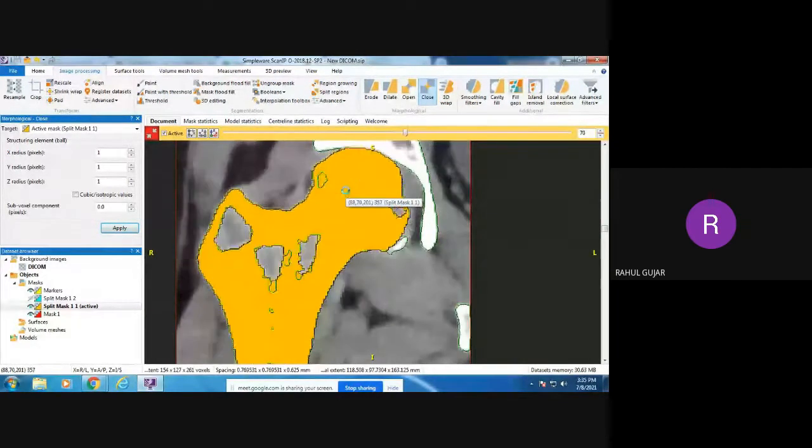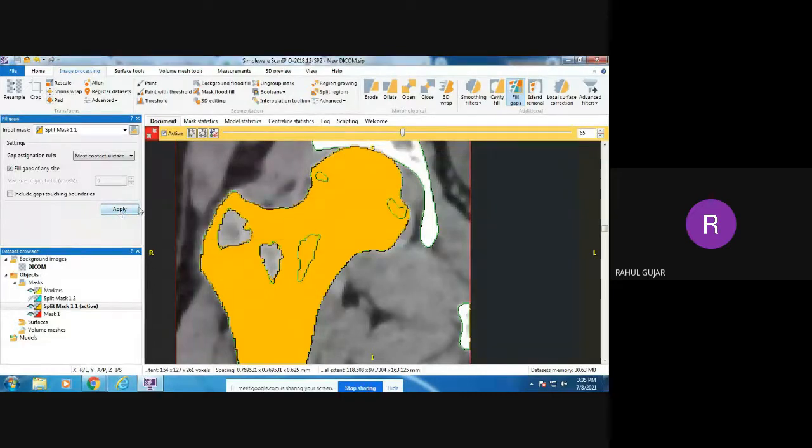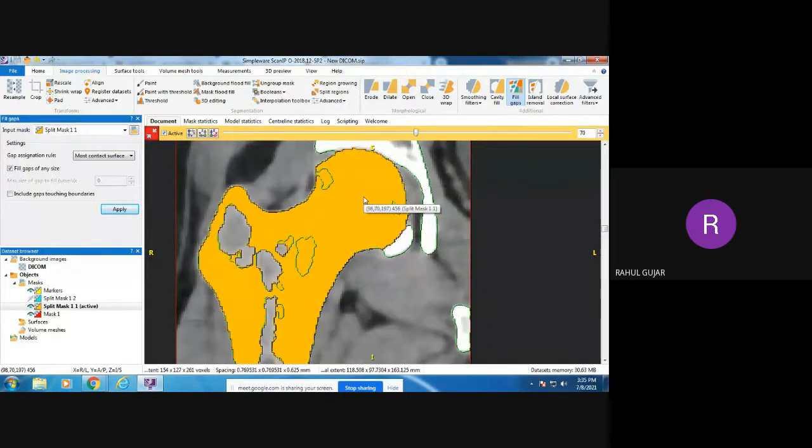So later what we do is click on the fill gaps, most contact surfaces. Fill gaps is an option in the additional tools. Then you can see that all gaps, even those not filled by using the close and cavity fill, are filled by using this option.